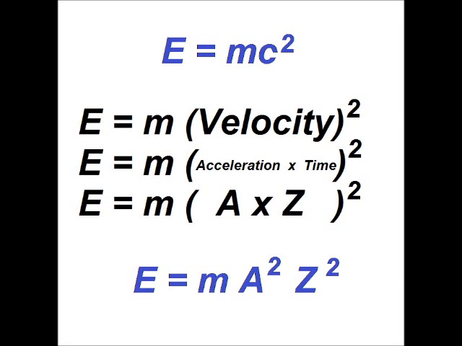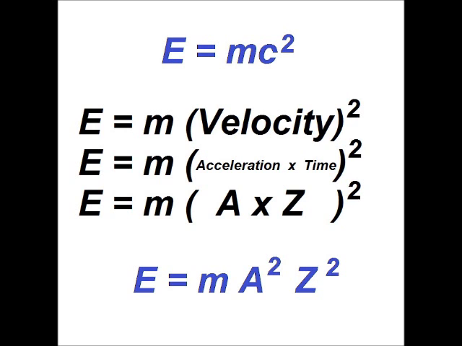Via simple and non-manipulative mathematics, we can transform Einstein's energy equation E equals mc squared into the one true equation for electrical energy. From E equals mc squared, we go to E equals mass times velocity squared, which goes to E equals mass times acceleration times time squared, then to E equals mass times a times z squared, and finally we get energy equals mass times acceleration squared